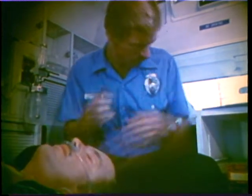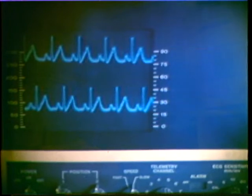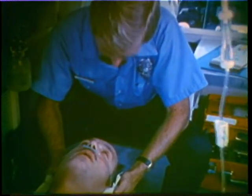Prompt action and careful attention to the details of CPR and emergency cardiac care have restored the pulse of life to another heart that is too good